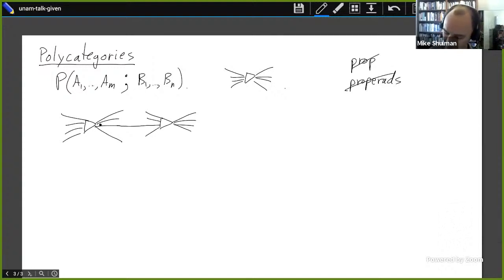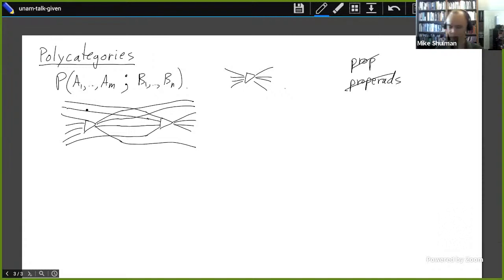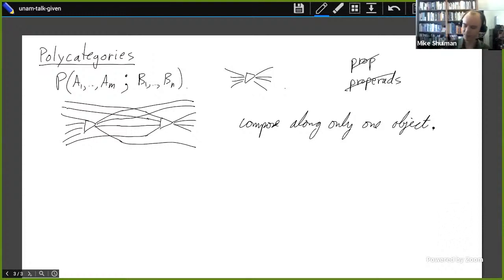And all the other objects in the codomain of the first one survive to end up in the codomain of the output. And similarly, all the other objects in the domain of the second one. And so we compose along only one object. Now, this picture that I've drawn here, where I have these strings crossing over each other, might suggest that we have to be using some symmetry here. Symmetric polycategories are a little bit simpler to work with, and the examples that I'm interested in are symmetric, so everything is going to be symmetric,